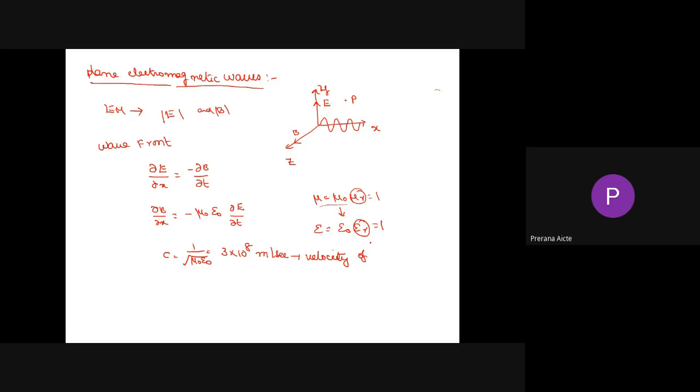Velocity of light, or velocity of wave, or wave speed, 3 into 10 power 8 meters per second, the C value. Now, this is the free space medium. Now, if the plane wave is in vacuum,